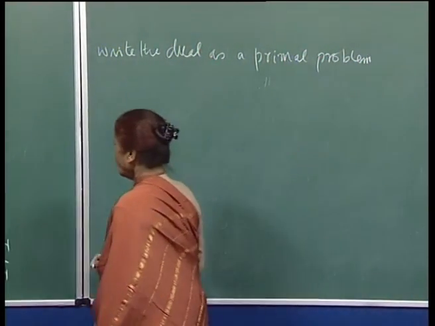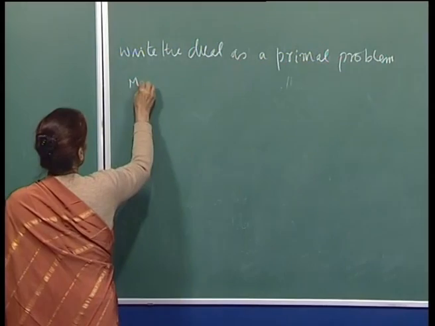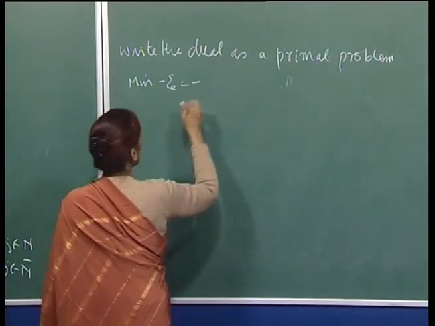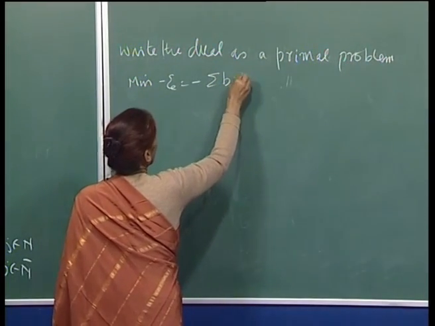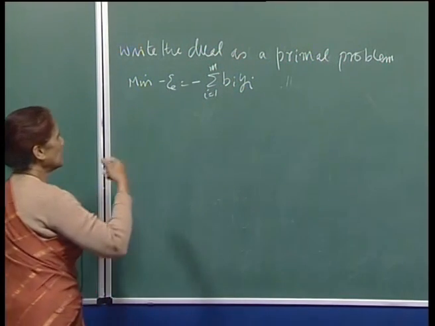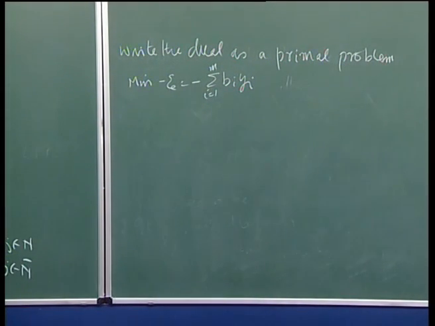And what would that be? So, I will write here minimize minus psi, which is equal to minus sigma b_i y_i, i varying from 1 to m. So, the b_i has been replaced by minus b_i, right,